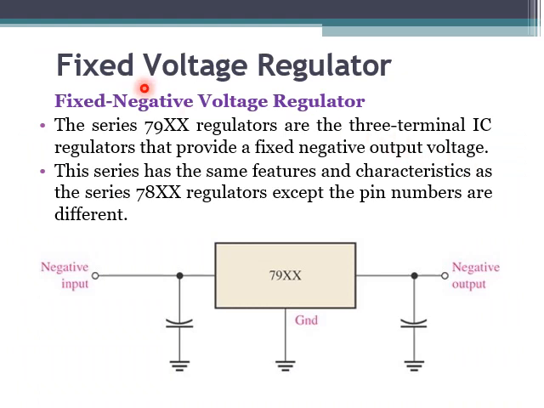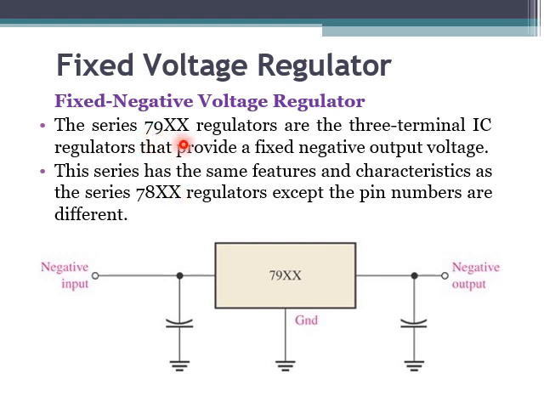Now that is what we have seen only for the positive, right? Among fixed voltage regulators, I also have the 79 series, which is for the negative terminal. The 79XX series, a three terminal IC regulator, provides a fixed negative output voltage. Previously, the 78 series is for the positive output voltage, 7805, 7808 and so on. So when you get the component, you have to see what it is. 7808 means the output voltage is 8 volt.